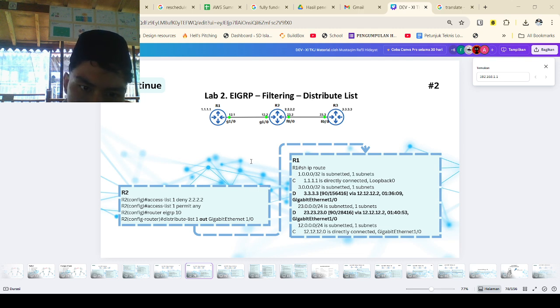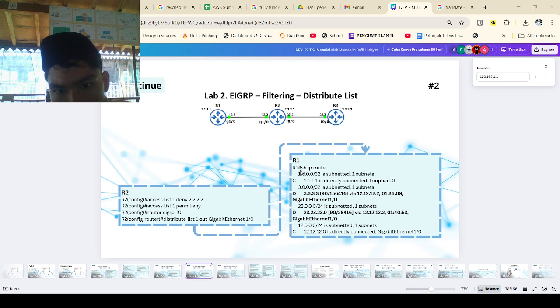So how it works, applying the list out means filter what R2 advertises to R1 on that link. The practical difference versus image 2: in on R1, R1 receives everything but throws away the blocked route. Out on R2, R2 never sends the blocked route to R1. In both cases, R1 ends up not learning 2.2.2.2.